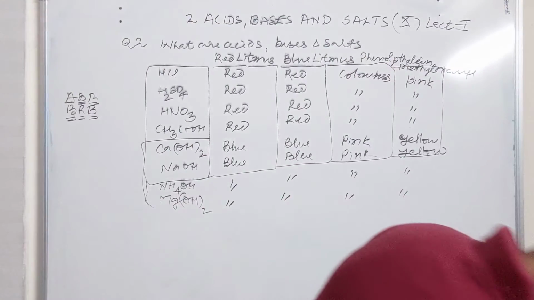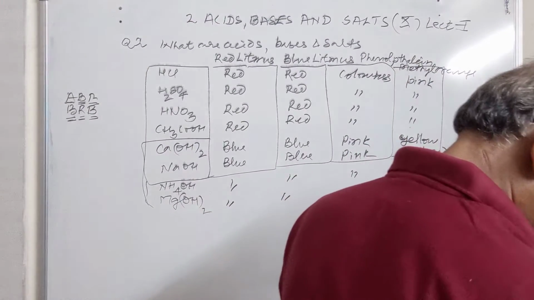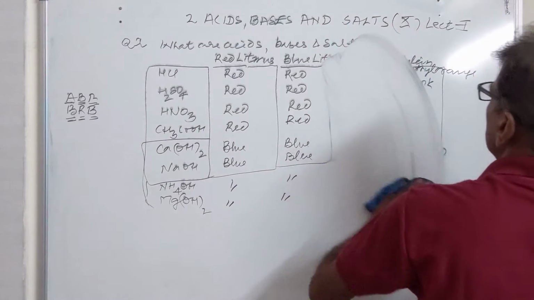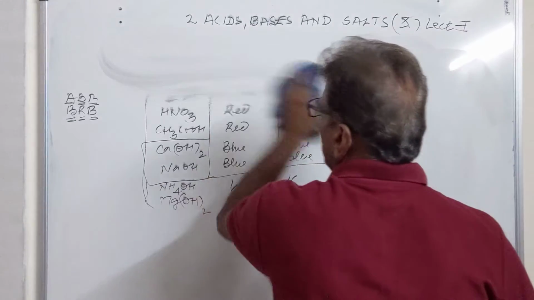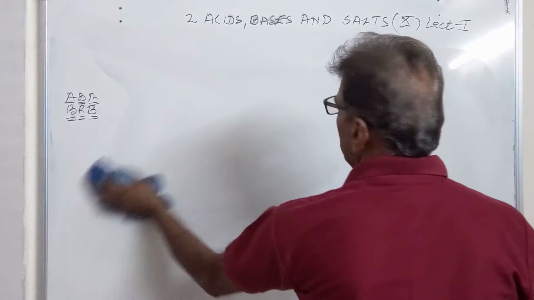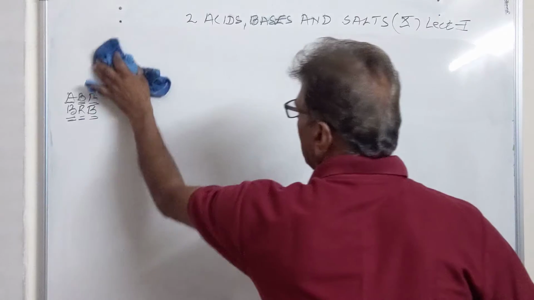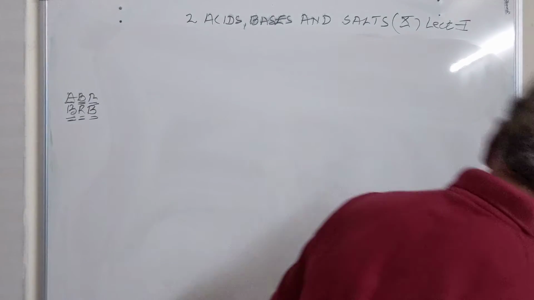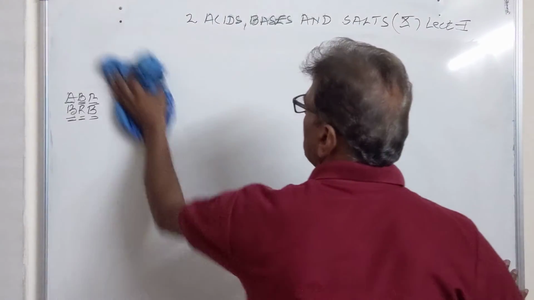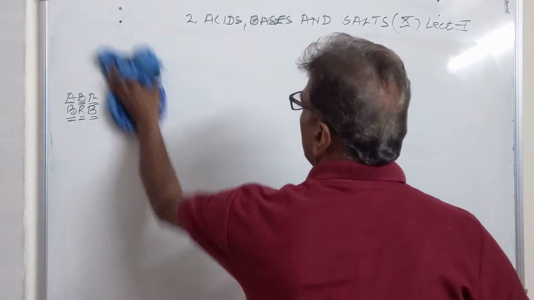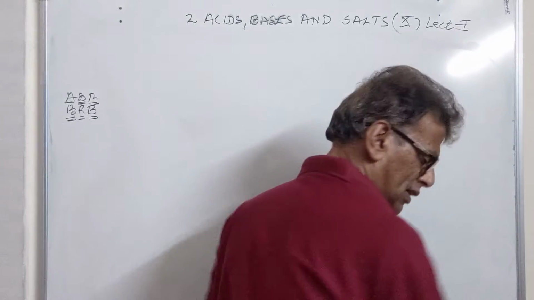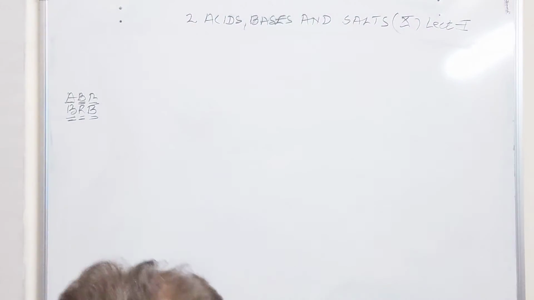Whenever metals react with acid, what kind of product are they forming, let us see. This was our first activity where we took 1 ml of each acid or base, and then we mixed it with the indicator and saw the change in color, and from the change in color we estimated whether the given compound is acidic or basic. That estimation can be done by the action of the indicators on those substances. So this is the way to check whether the given substance is acidic or basic in nature.